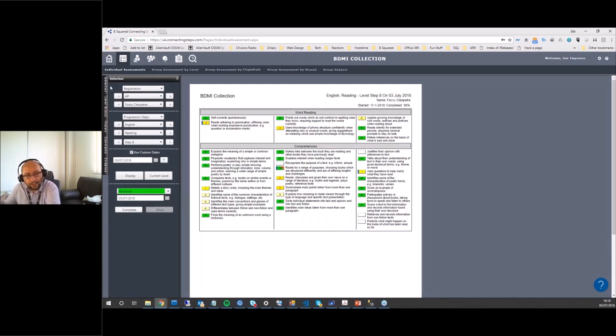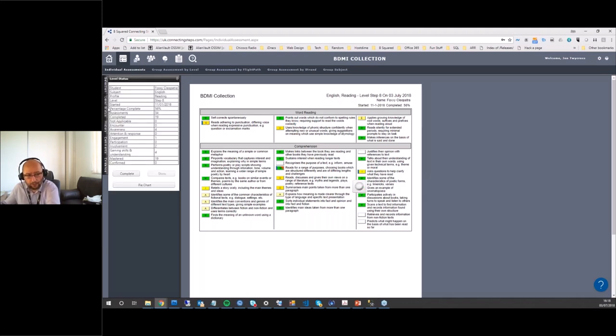Okay, now on the left hand side we have some writing written sideways. We've got selection, level status, history, comments and evidence. And I'm just going to go to level status. What this is giving me is a breakdown of what's happening on this page right now. So it tells me which student, subject, the date it was started, which is important. So that's the very first assessment point that was ever added, whether it be an encounter or a mastered. What the percentage is, how many assessments there are on here, how many are completed, and the number of encounters